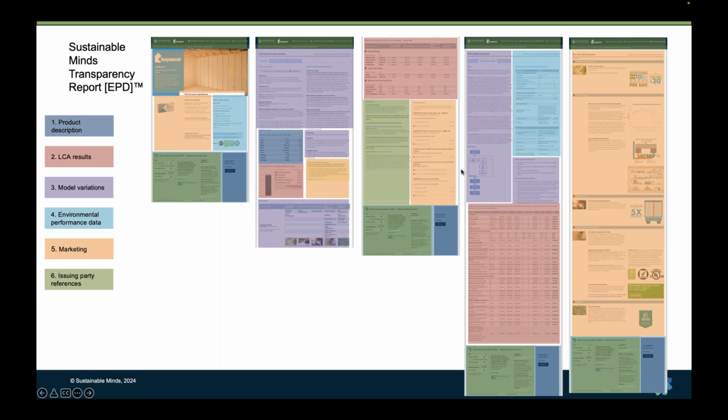What we've done is for every transparency report we do to a PCR that is not one we wrote, we take all the content required by the PCR that is not content that we have deemed to be standard in our 3-page format. We put it on a page 4. So it's really like an appendix. All the additional content is on that page 4, and that's where you end up seeing a lot of variability. I'm going to show you another example.